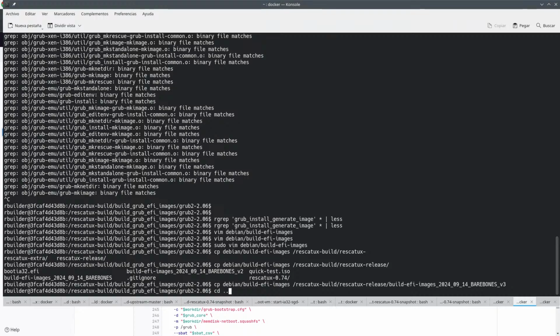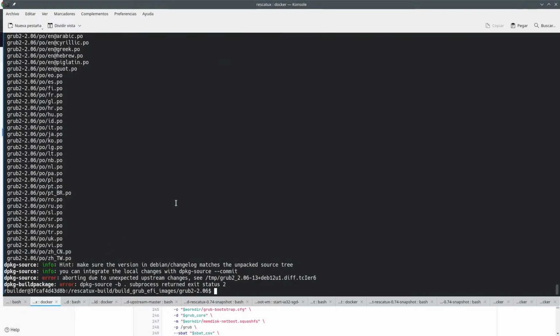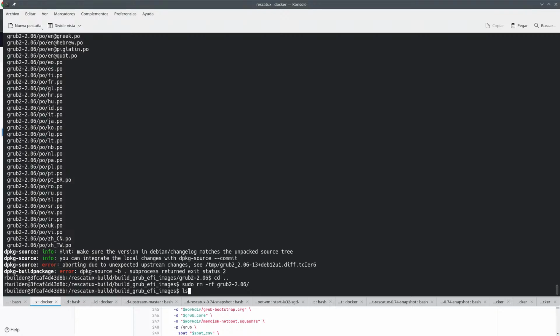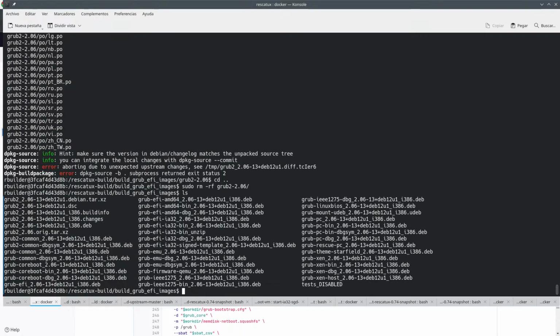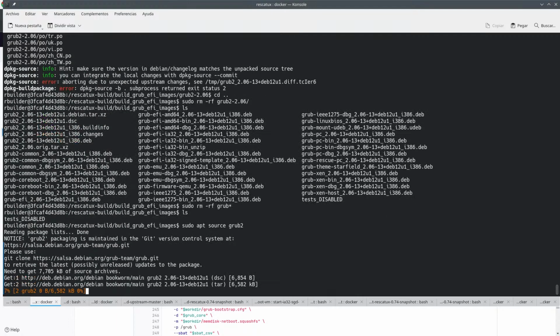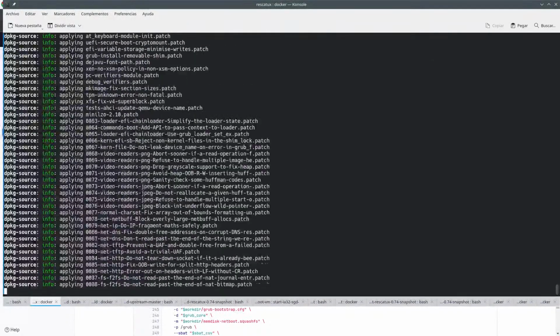So we can go down here, we can delete this thing, because I don't know how to do this much better. So like this, and actually what we did is delete everything that has group on it. Yeah, let's do that, because there's too much stuff here, and we just want to start from scratch. So there's this source group 2 thing that we can do. Okay,